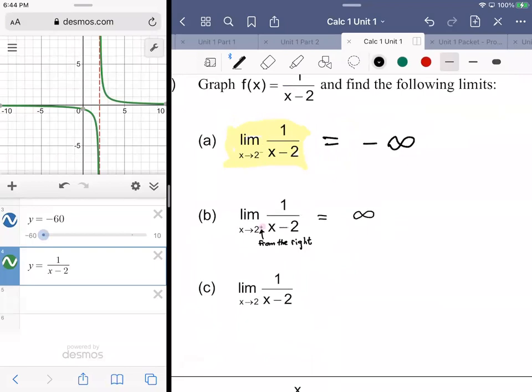All right. Now, in order for this limit to exist, these two have to be the same. If these two are different, then the limit does not exist. We would say DNE. All right. It would only exist